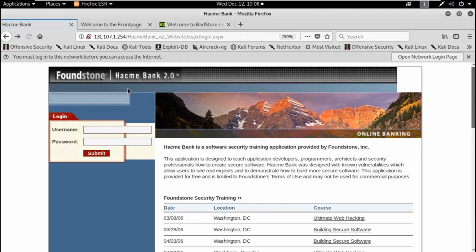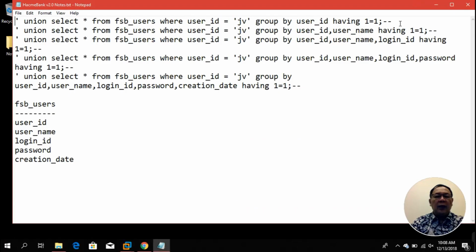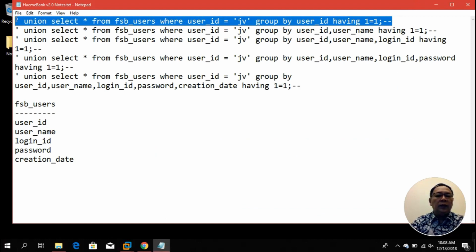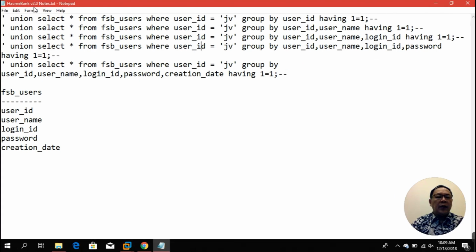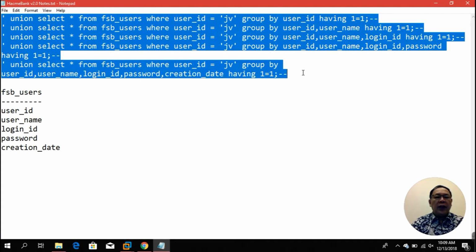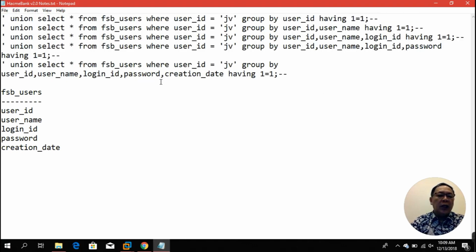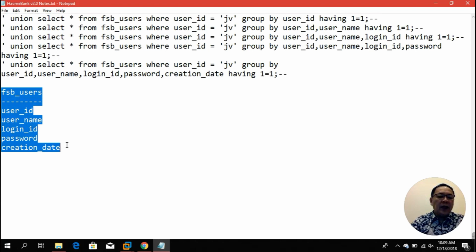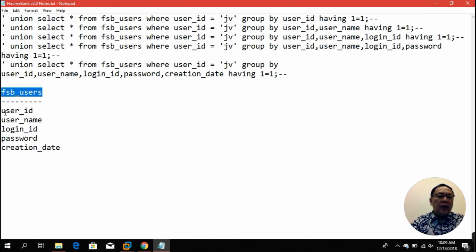But let's see, we can actually do something else. Let me copy and paste this one using the union select. This is actually the process using these scripts. From here to here, it allows us to grab the information about the backend database, including having to know the tables. The expected result is something like this. This is the table name. These are the